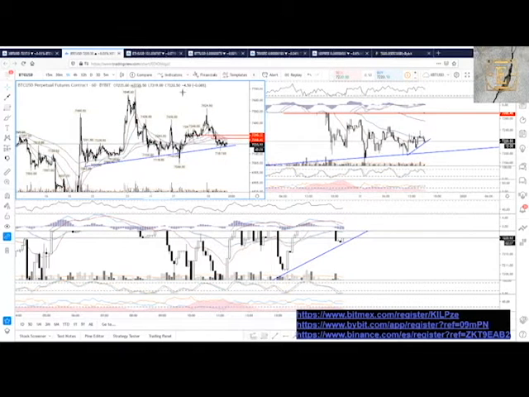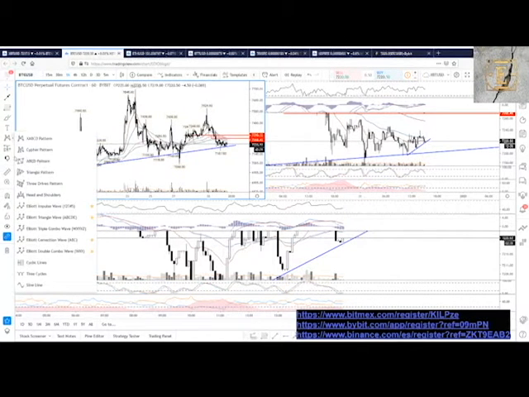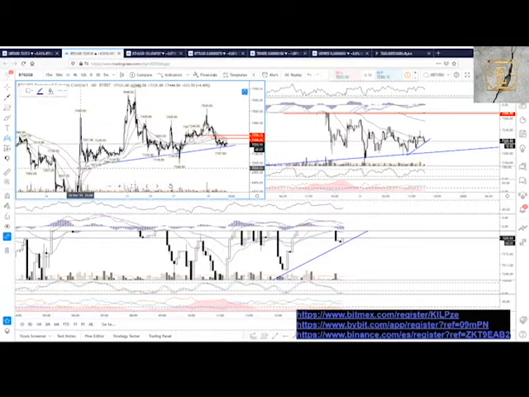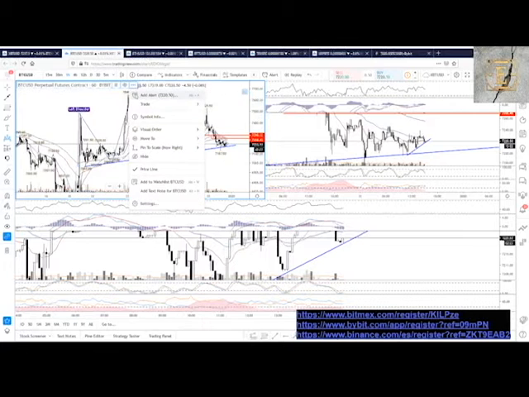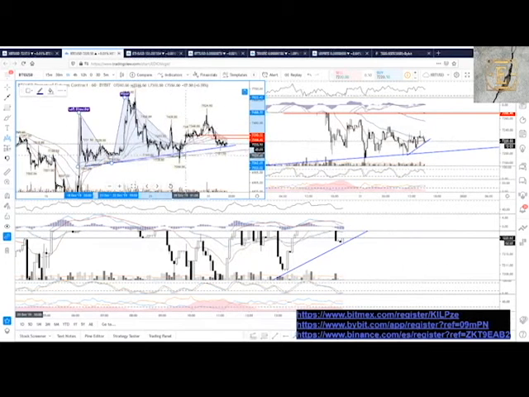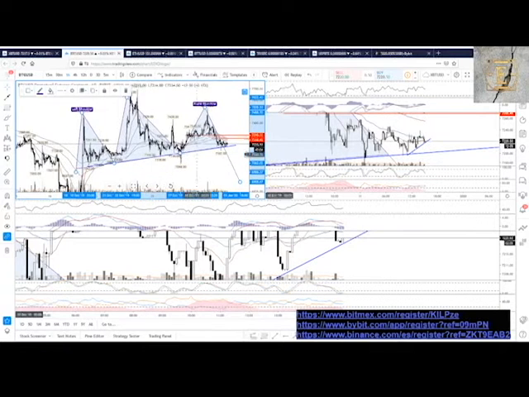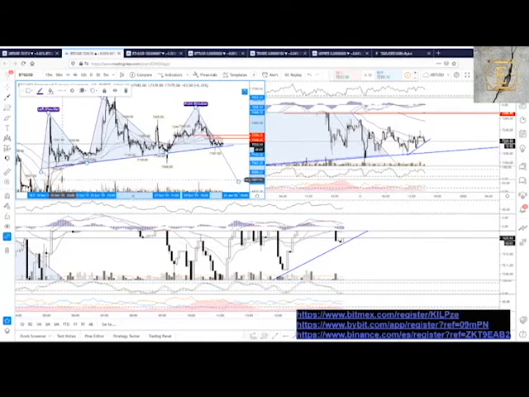Let's remove this. So, for example, we've got the left shoulder, the head, and here we got the right shoulder that failed. Okay, so why do I like these head and shoulders? Because